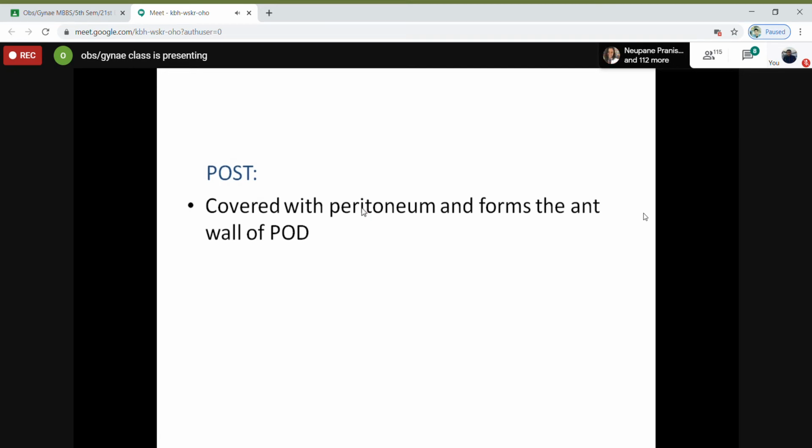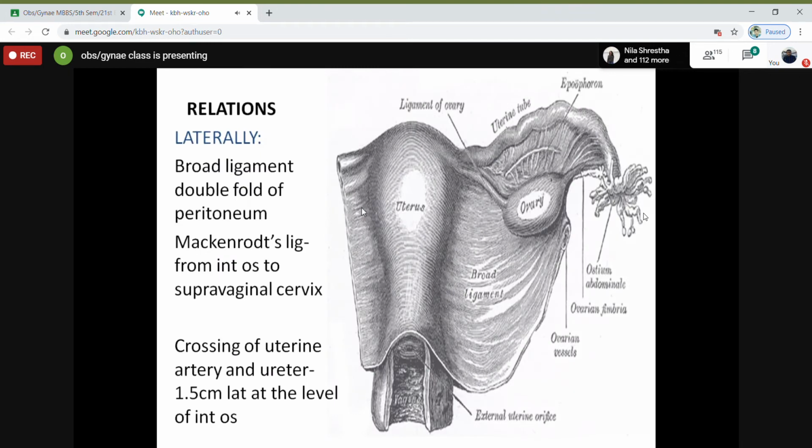Now what are the relations laterally? That is the uterus again, laterally. So laterally you have the broad ligament. The broad ligament is a double fold of peritoneum. And then you have the Mackenrodt's ligament. The broad ligament is from here up to nearly the internal os. From there, the Mackenrodt's ligament starts. It starts from the internal os to the